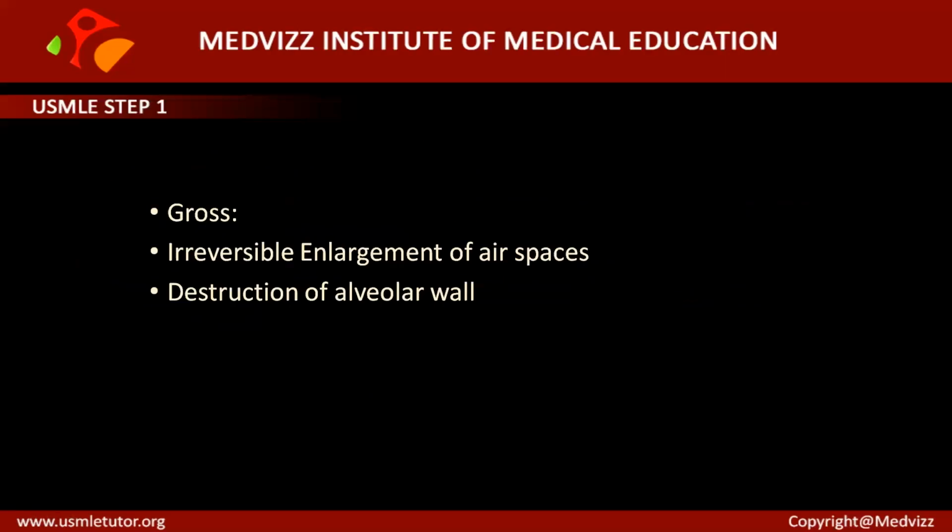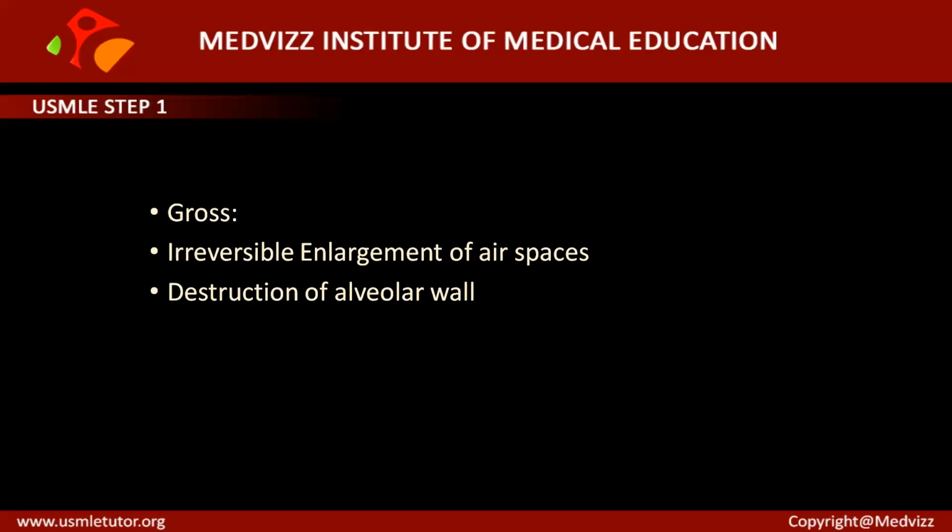Remember that the irreversible enlargement of air spaces is typically distal to the terminal bronchiole, with destruction of the alveolar wall but without obvious fibrosis. There is no obvious fibrosis, but there is destruction of the alveolar wall because of too much action of